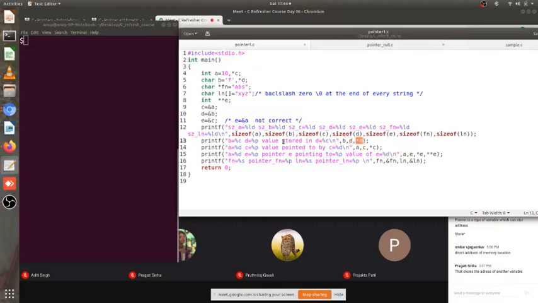Star D is referred to as dereferencing address. So pointers are references. To dereference, that is to remove the reference and get the value, we use star D, or content of operator. Some of the people who teach you will say that it is the content of operator, but it is actually a dereferencing operator. I am dereferencing, that is, I am removing the reference.